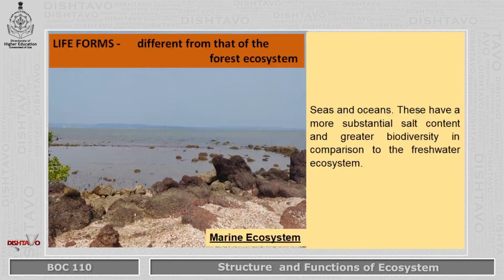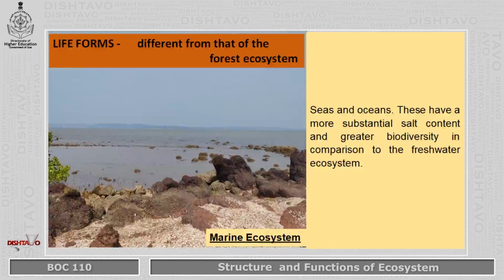In the marine ecosystem, which we can call one of the most dynamic ecosystems, we have many life forms. We can have crustaceans, mollusks, shellfish, and other fish. There can be even plants which are on the shore and even in water. So there are different life forms that can be observed in the marine ecosystem that makes it very dynamic and